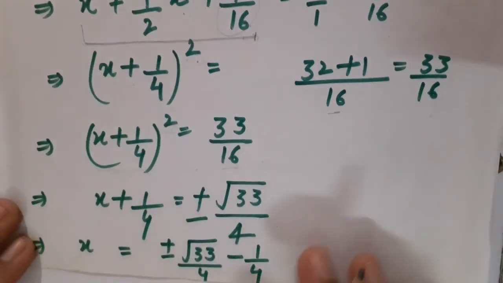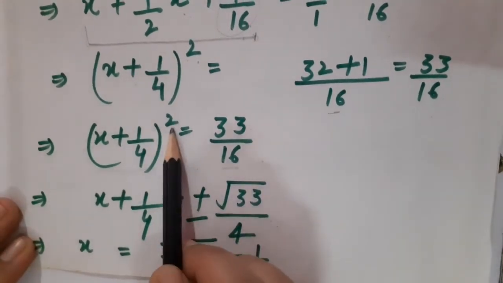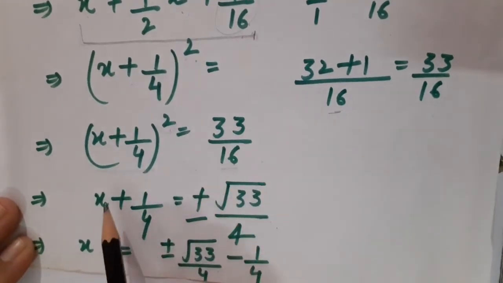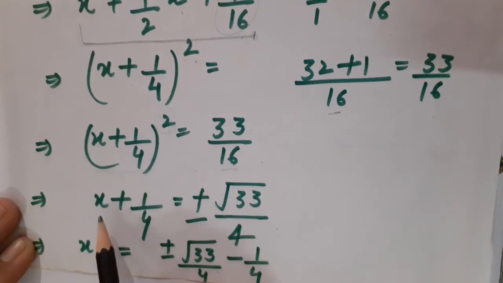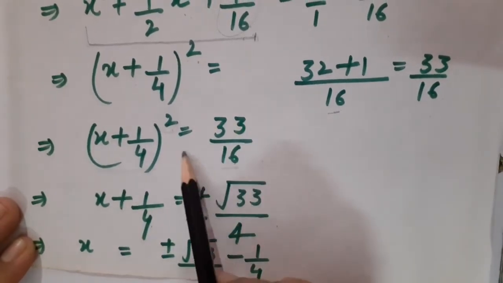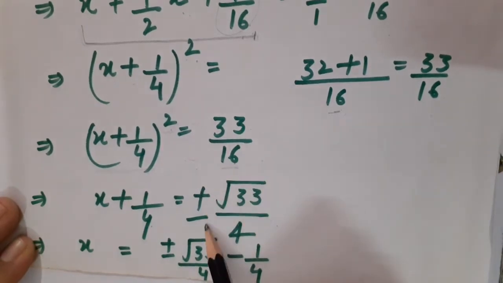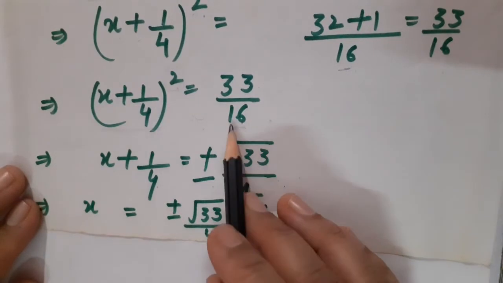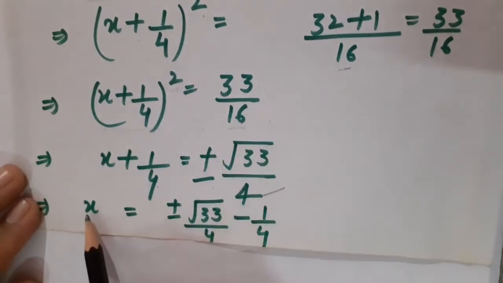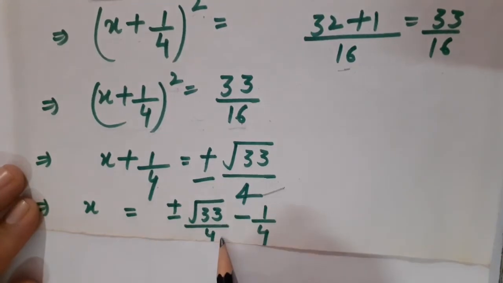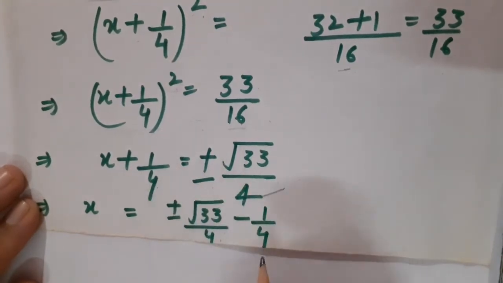Now as we did in the derivation, this whole square is going to be removed. So definitely square root will be taken on both the side. So as I took the square root, I have got x plus 1 upon 4 on left hand side. And here I have got square root with a plus minus sign. Fine, because two roots will exist. Correct. So root 16 you know, that is 4. So children, I have got x is equal to plus minus root 33 upon 4 minus 1 upon 4. Clear?